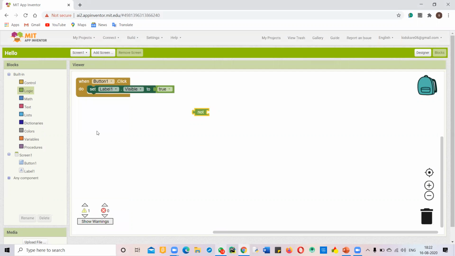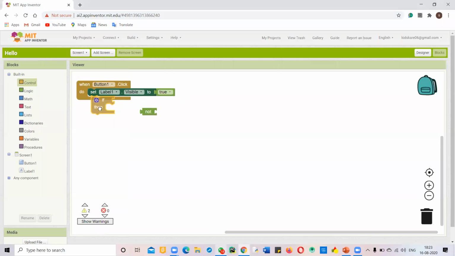This not block is basically the block that turns false into true. Means it works opposite. Like the name is not, but it does not work as a negative. It works as positive. So this is basically for turning the conditions into true.